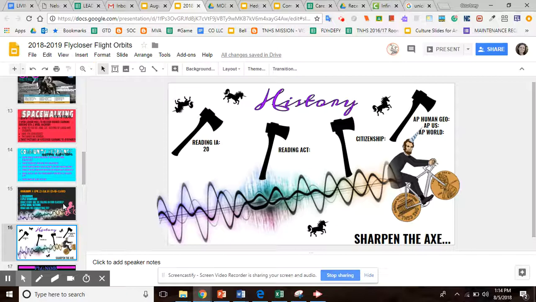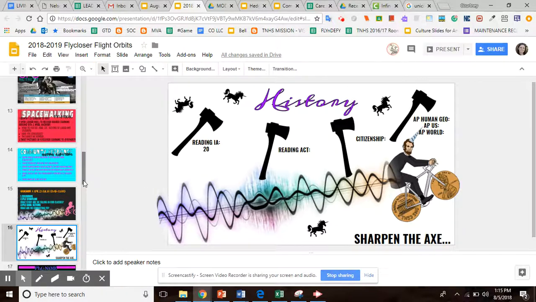I know that the History PLC has been working on thinking about sharpening the axe. And so maybe they want to continue that storyline, or maybe it's time for your PLC to have a completely fresh storyline. That's totally okay. So just work through what story we are telling in our classes with your PLC, and then put together a slide right below this protocol that has your storyline. You can see here, this is just an example I put together. Sean, by no means feel pressure to use this at all, but it's Abraham Lincoln on a bike, sharpening the axe. That was the storyline for History PLC.